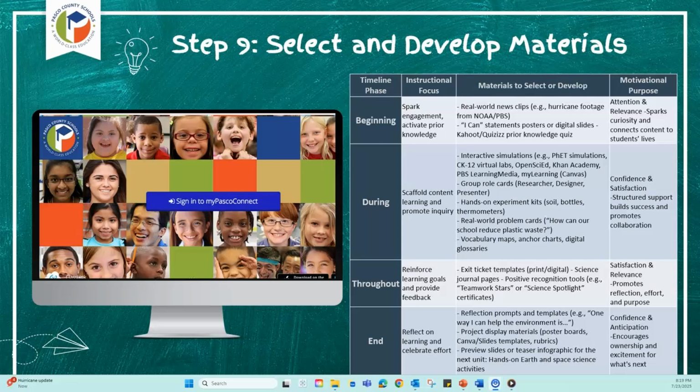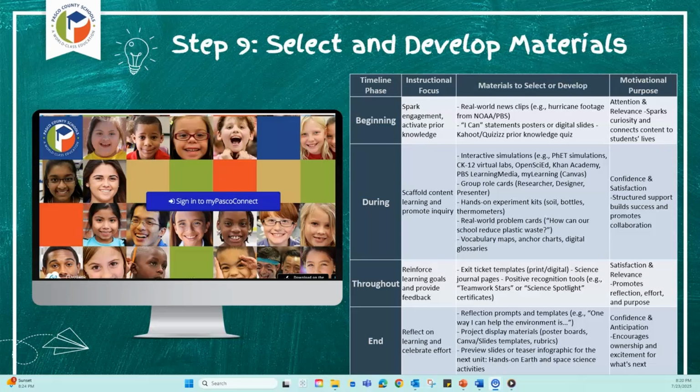Throughout, tools like digital exit tickets with Canvas, science journals, and positive recognition programs such as Teamwork Stars encourage reflection and sustained engagement. At the end, reflection templates, project display materials using Canvas or slides, and teaser infographics for upcoming units build student confidence and anticipation.